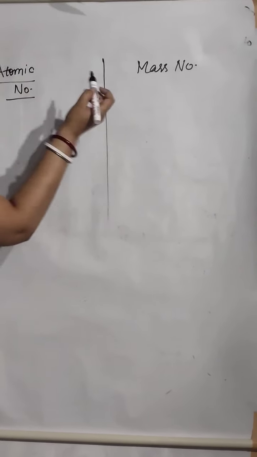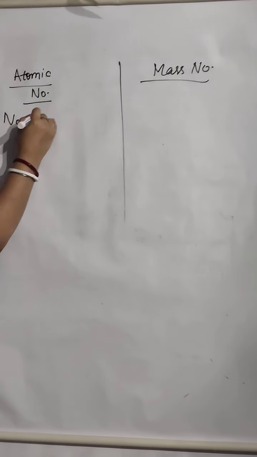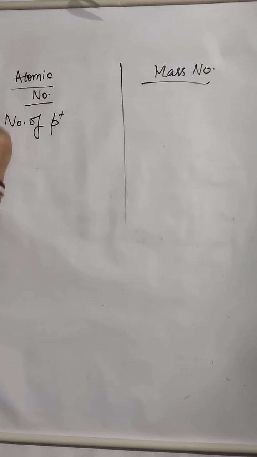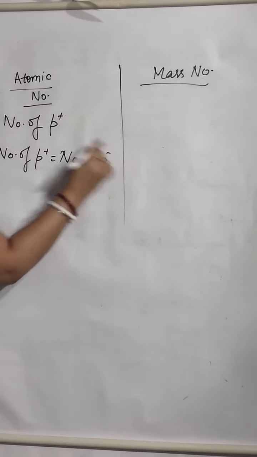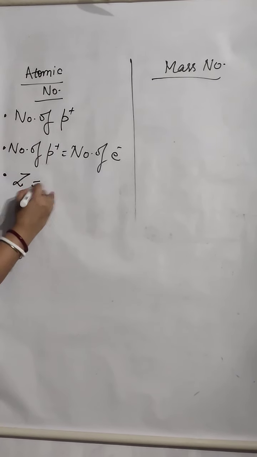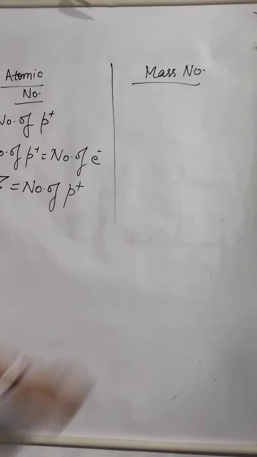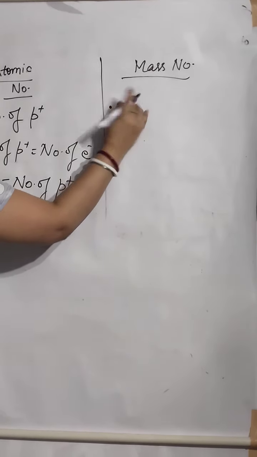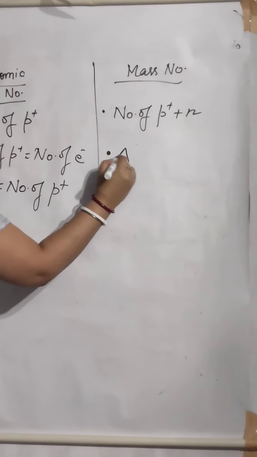Now one more topic, and the last topic of the chapter, that is atomic number and mass number. You all know atomic number is the total number of protons. Because an atom is electrically neutral, the number of protons equals the number of electrons, so numerically the atomic number is equal to the number of electrons. It is represented by Z, so Z equals the number of protons. What is mass number? Mass number is the total number of protons plus neutrons, and it is represented by A. Alright. That's all for chapter 1.